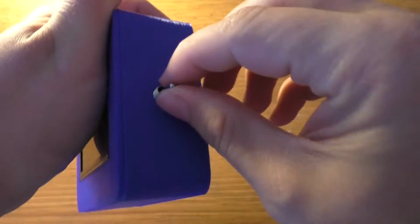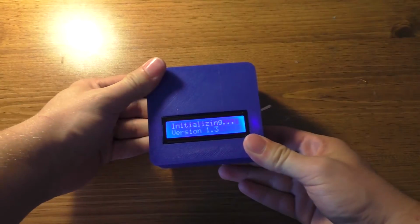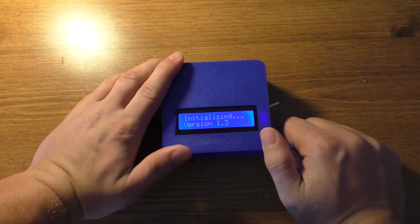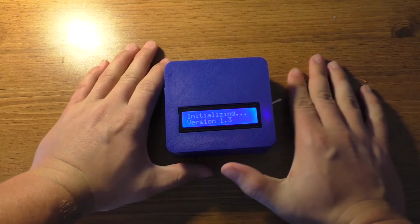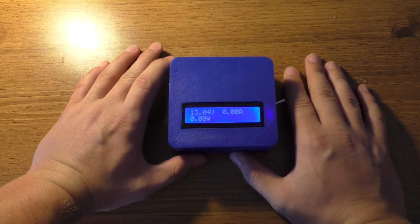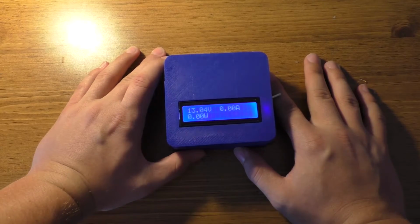The switch of course lines up because that also moves around. Still turns on. Should get a signal, theoretically. It might not. I don't know. Sometimes it does, sometimes it doesn't. Usually once I turn the camera on, it quits getting a signal. I've noticed that. Oh yeah, we're still getting a signal, 13.04, which is actually kind of low. I'm not sure why. I wonder if something's not hooked up right out there, but...